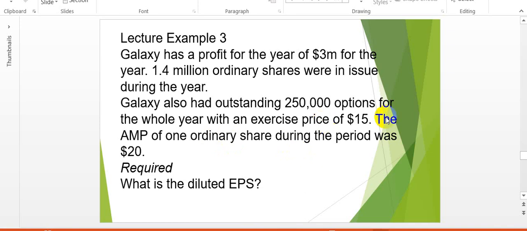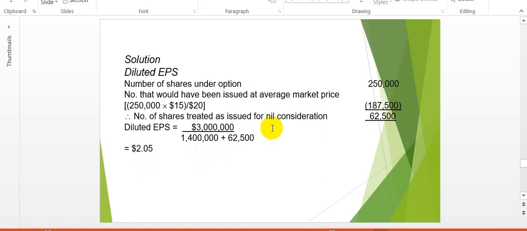So they are only paying $15 for these shares instead of $20. So there's a shortage from the market price of $5. So those being paid for at $15 is what we compute, which is 187,500. We subtract that from the 250 shares under options to give us the 62,500,